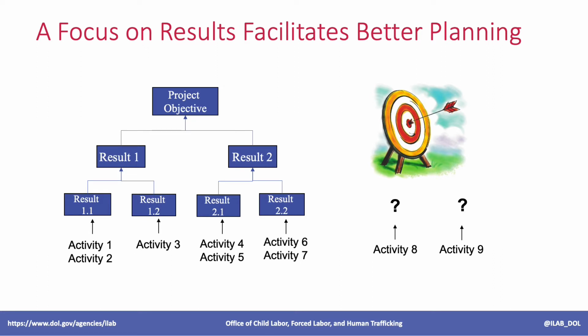RBM provides a planning framework that facilitates focused planning on project results from the design phase. This process allows you to align project objectives with the desired results to ensure that all the results will be supported throughout the programming and can be achieved. RBM also uses the cause and effect linkages between the activities and results to guide the development of a feasible and measurable strategy.